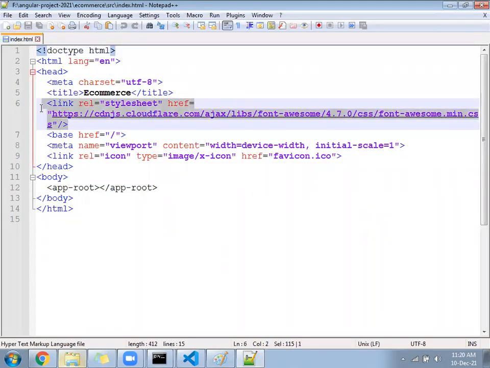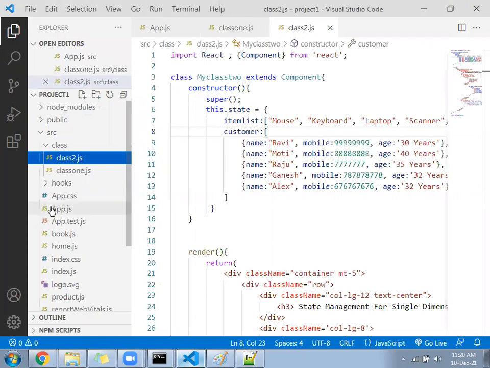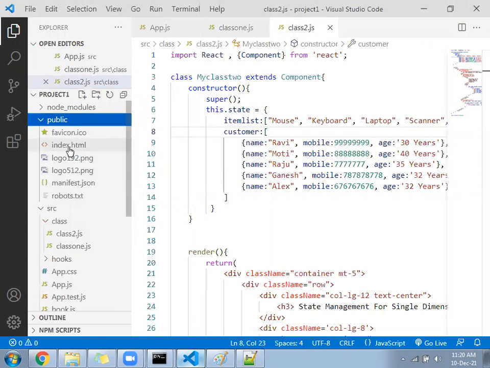Okay, take this link and add it in your index.html file in the public folder. In the public folder, we have an index.html file.